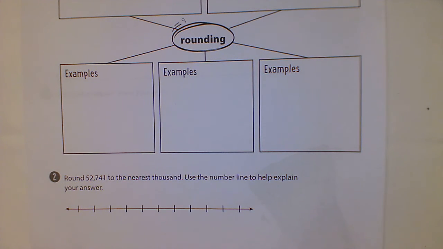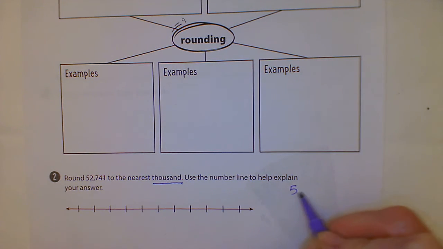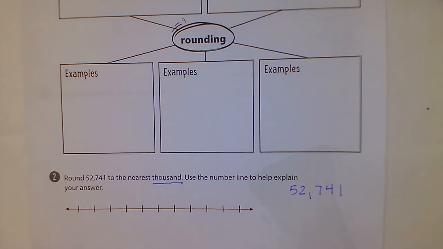For problem number 2, it says that we should round 52,741 to the nearest thousand. And then it says use the number line to help explain your answer. So I just want to remind you, I'm going to write this number. We have 52,741. And if I want to round this to the nearest thousand, I'm going to go ahead and circle